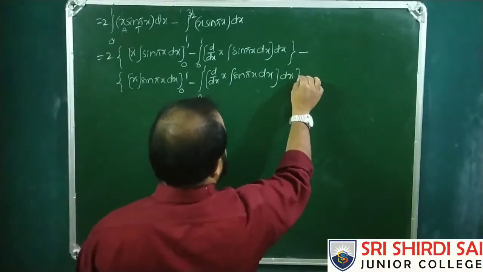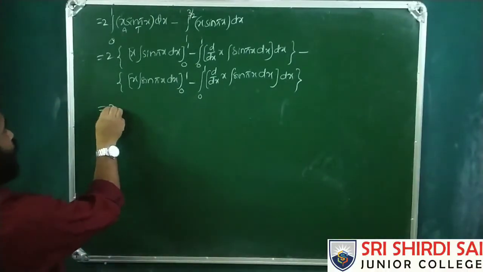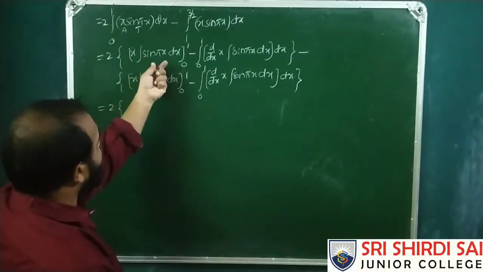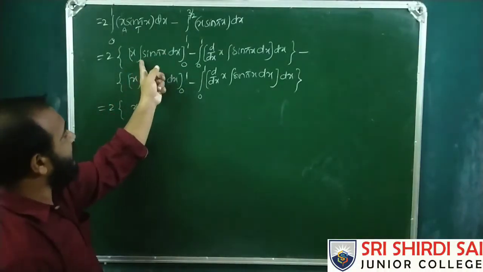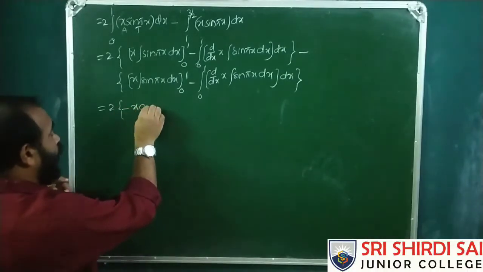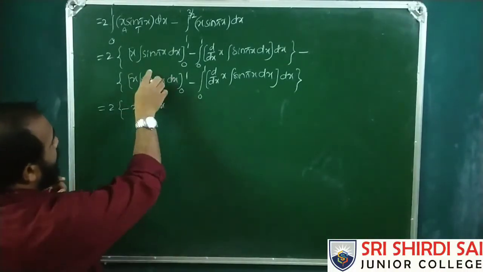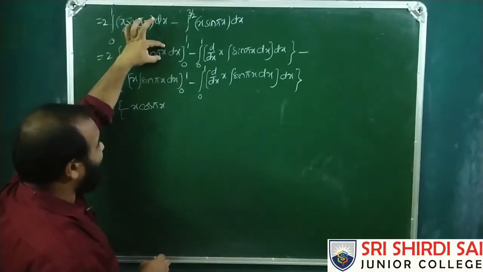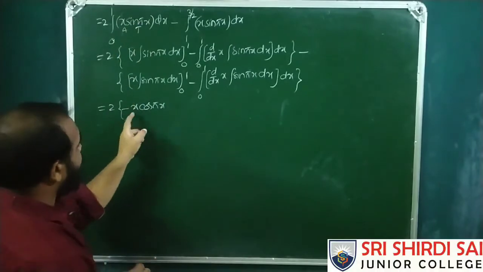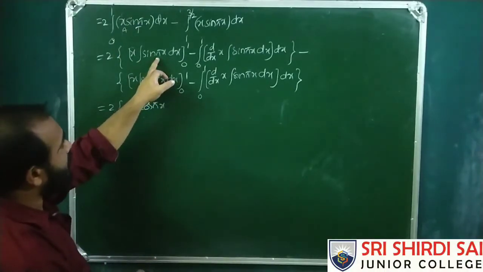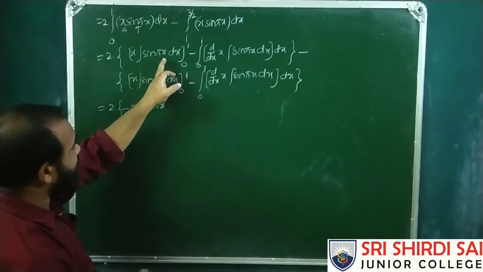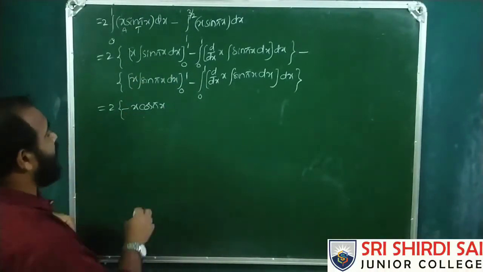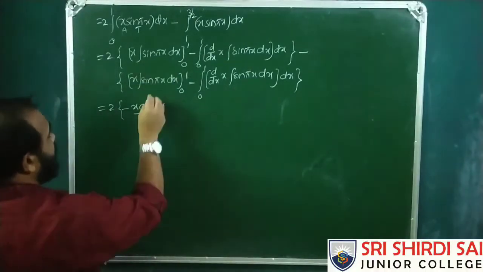So 1 over 2 into x integral sin pi x, let us take this pi x to be x. Integral of sin x is minus cos pi x by d by dx of pi x, because this pi x we have treated as x. So the derivative of sin x is minus cos x, and whichever is taken as x, we need to differentiate it in the denominator, into d by dx of pi x, which is pi.